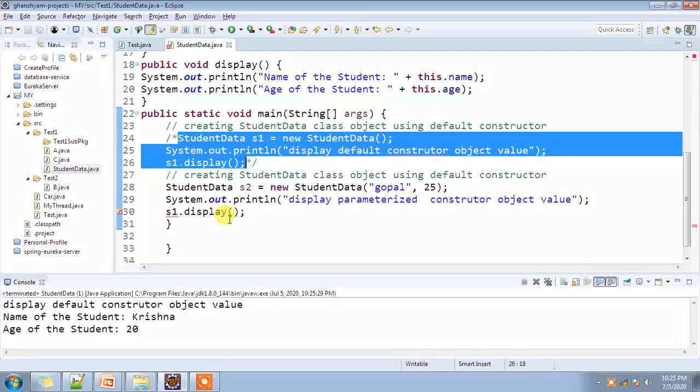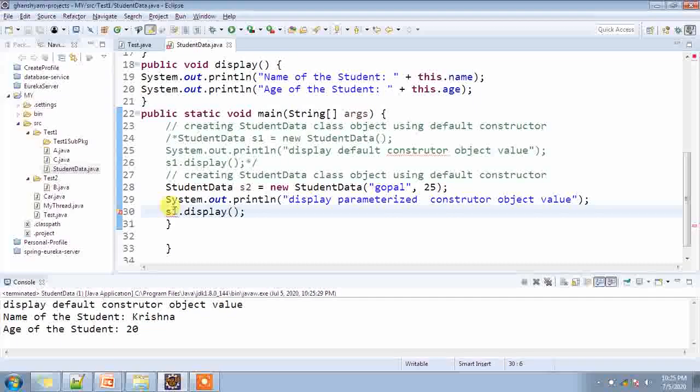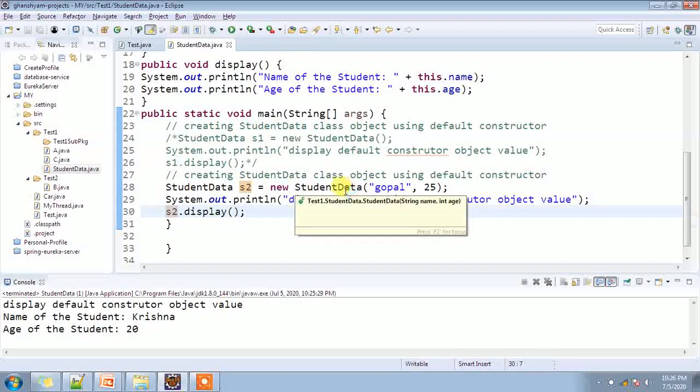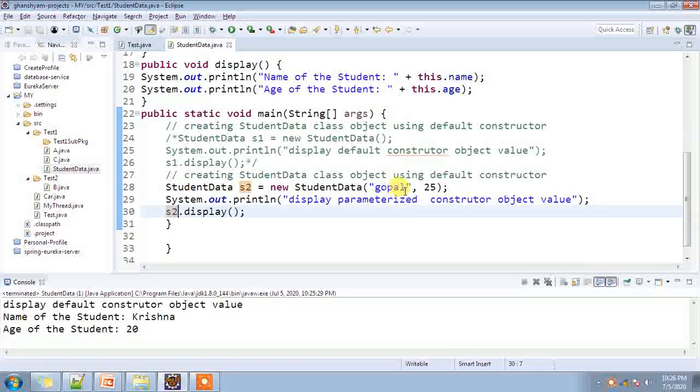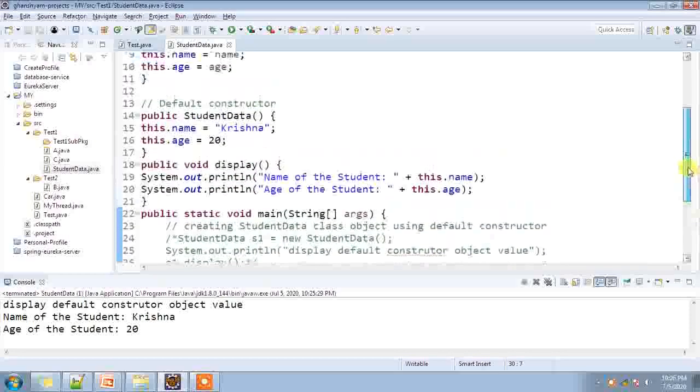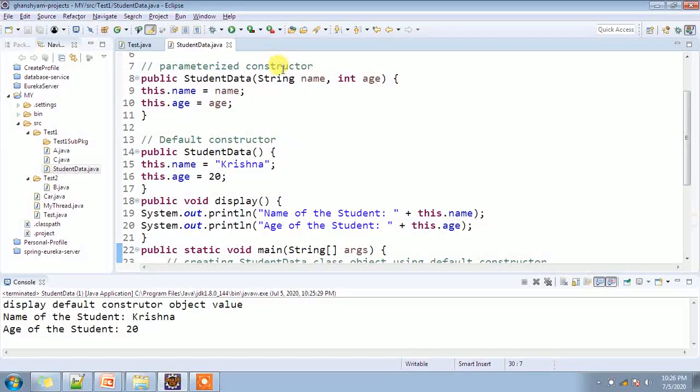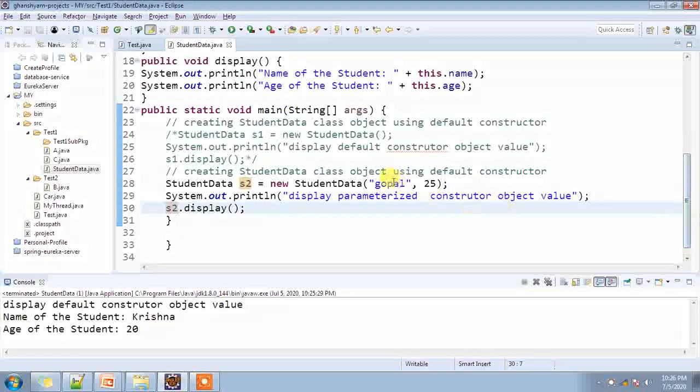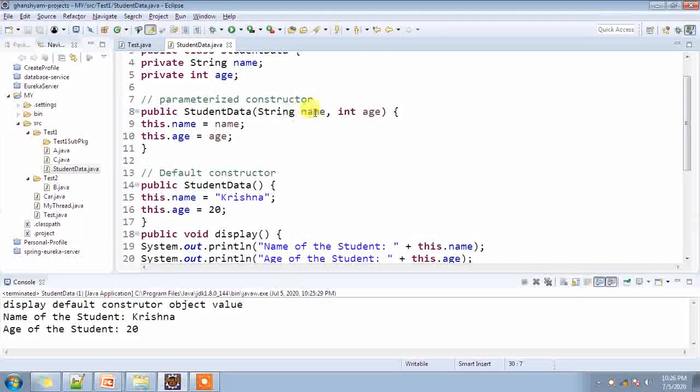Now you can check, we are using the parameterized constructor for creating the object. So at this time the parameterized constructor will be called, and the values Gopal and 25 will be assigned to name and age.